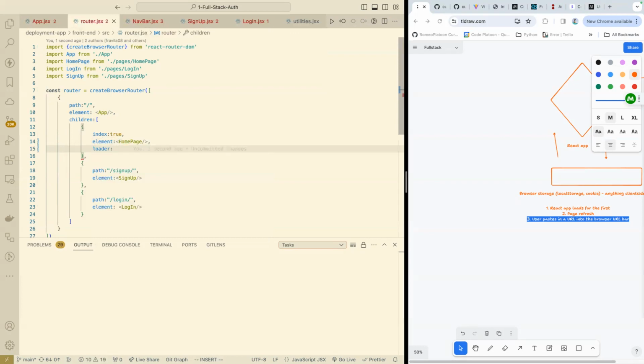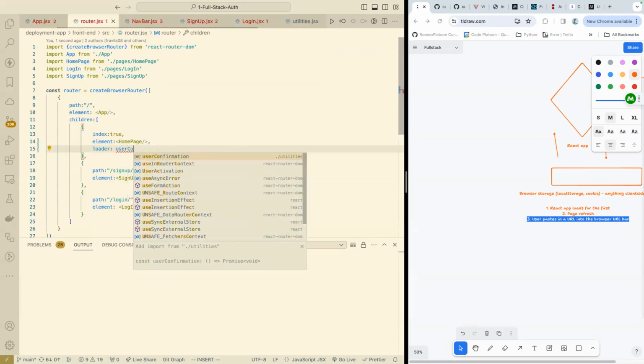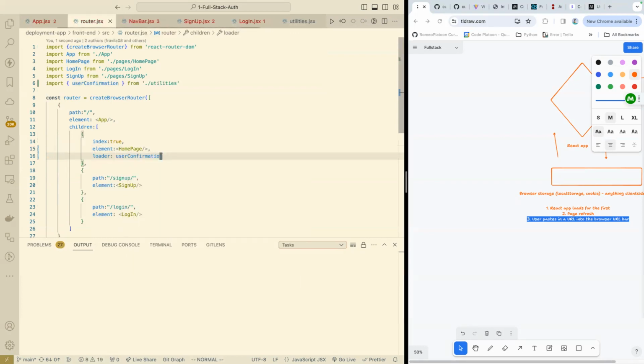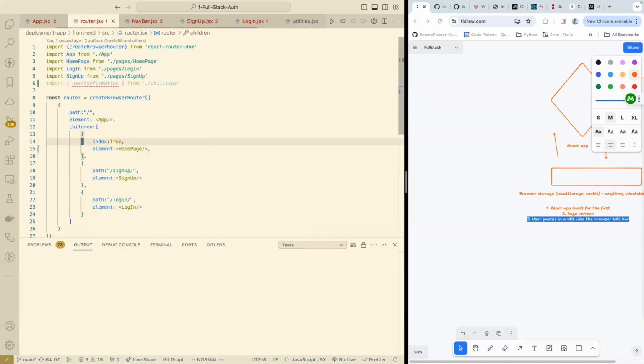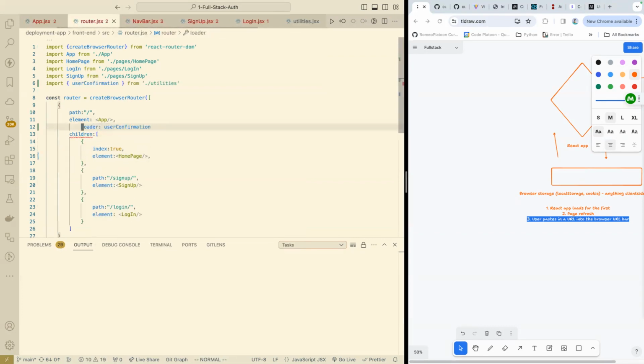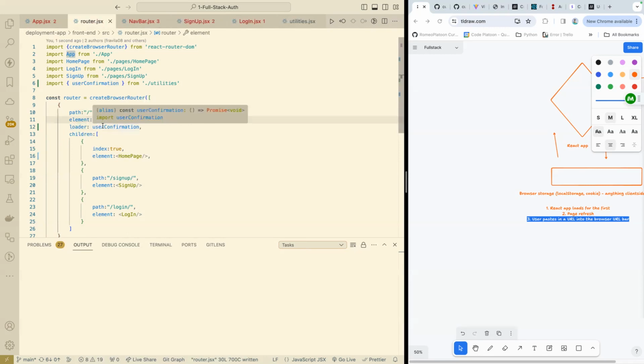React Router will do this for us. And it would help if I put this in the right spot. It would be right there. So every time React Router navigates to the homepage, before rendering app, it will call this user confirmation async function